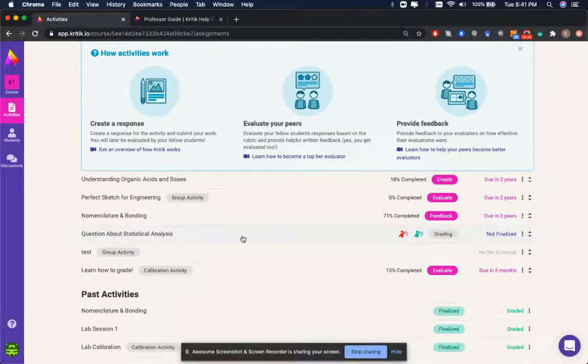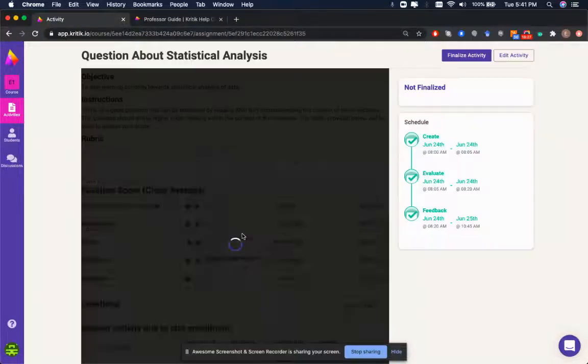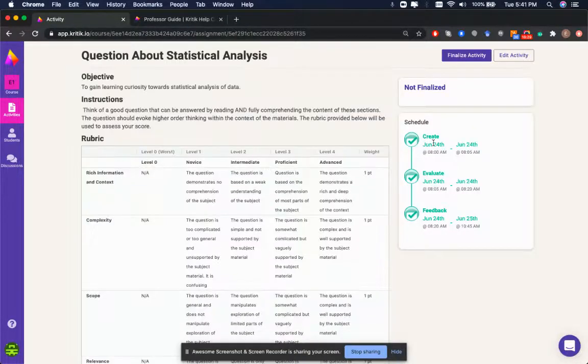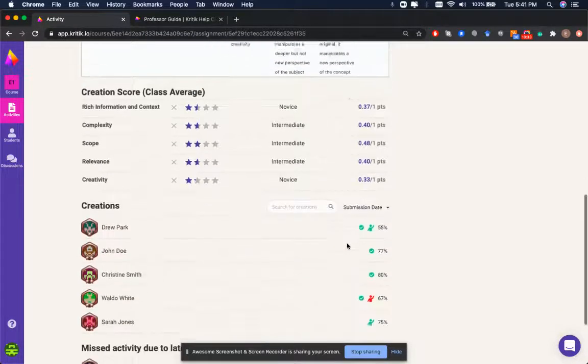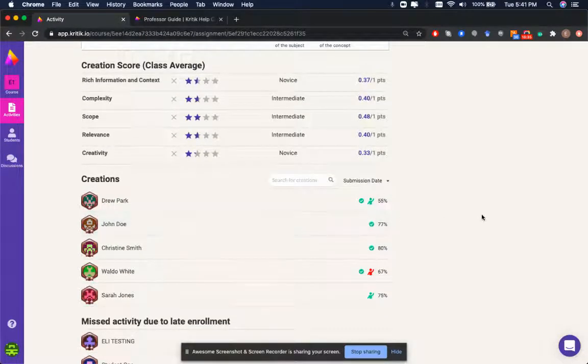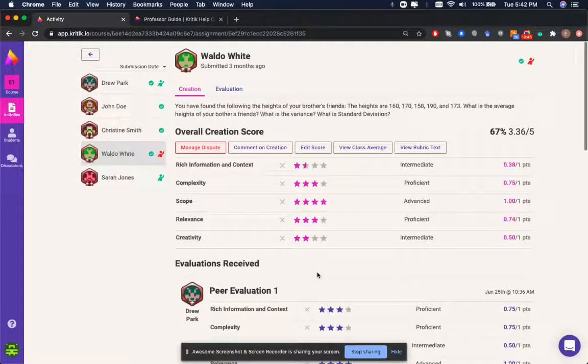If we click on this activity, question about statistical analysis, we can see that each stage has already been complete, indicated by the green text and check marks, and you can scroll down to see how the students did in the course, or in this particular activity. You'll see that outstanding red grade dispute that appeared in your dashboard earlier. You can click on Waldo's name, and you can see that Waldo White has the ability to request a dispute